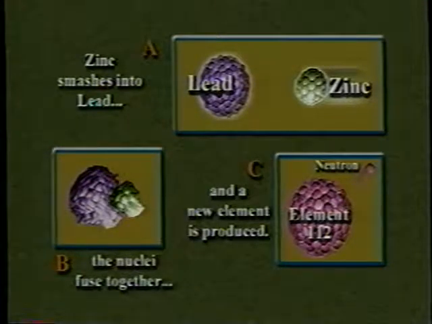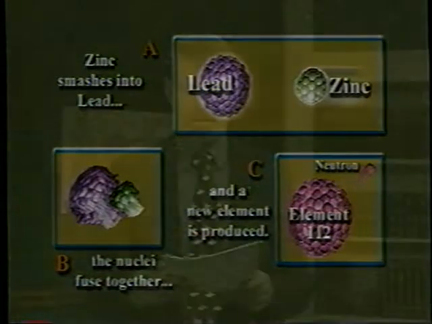The heaviest of these is the isotope 277 of the as yet unnamed element 112. That was created by colliding lead nuclei, element 82, with zinc nuclei, and that's element 30. And when they happen to stick together, you got an atom of element 112. These atoms have only been produced in very small numbers, and they have a half-life of only a few hundred millionths of a second. In fact, to identify them, what you have to do is wait for them to decay to another product, and the characteristic gamma ray that comes out has a very specific wavelength. That wavelength tells you that you found element 112 as opposed to one of the other heavy elements.